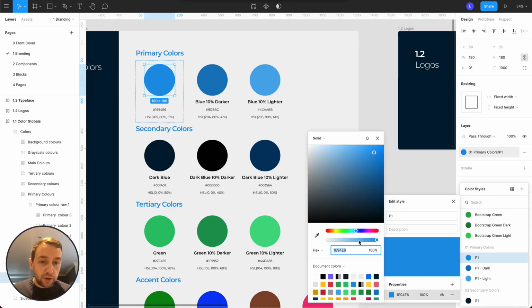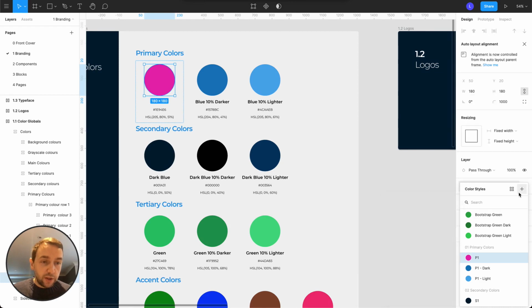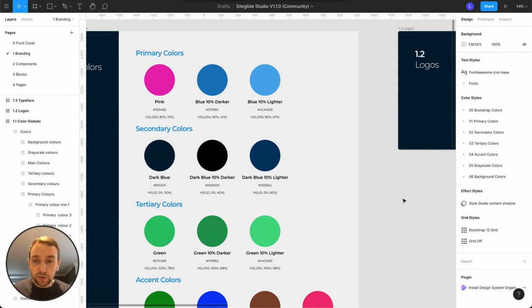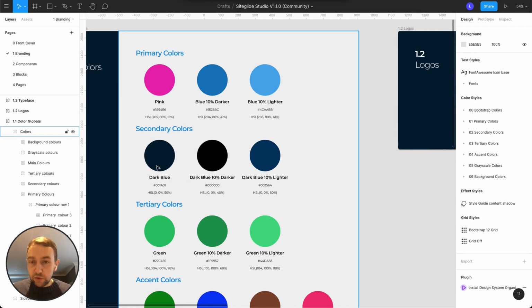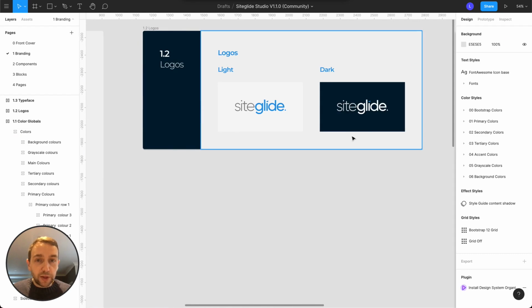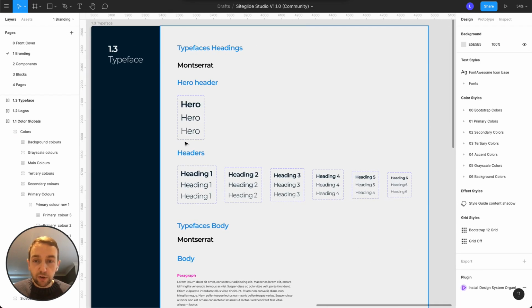So let's say the primary color for this client is bright pink. That will then update. You can then name that pink if you wanted to, just for consistency and to show other users. And I'm going to leave the secondary color as it is, which is a dark blue. I'm going to leave the logos for now, but you just replace the logos, and then come across to the